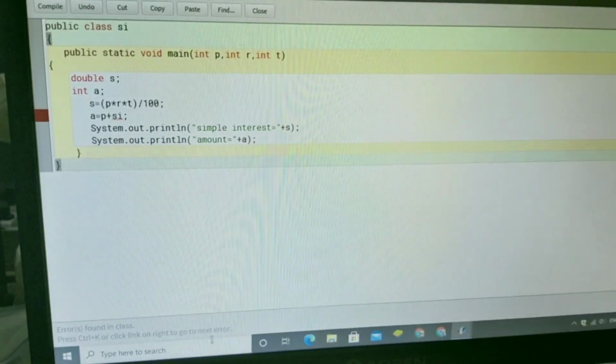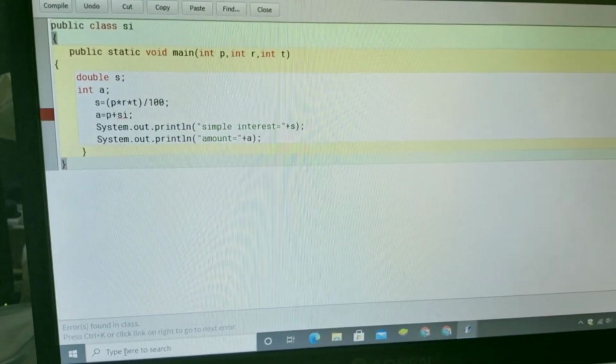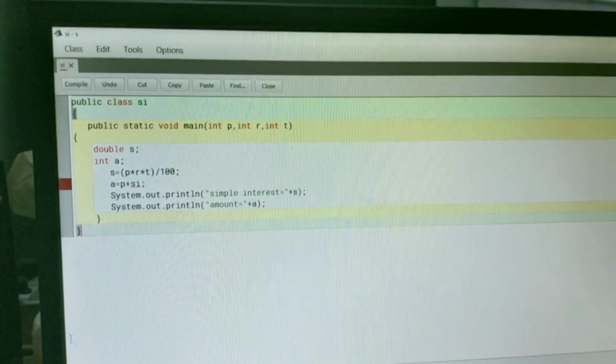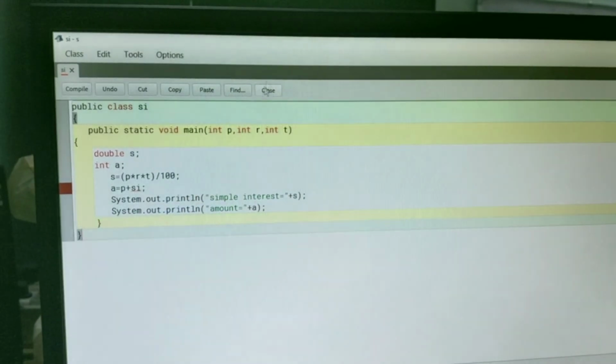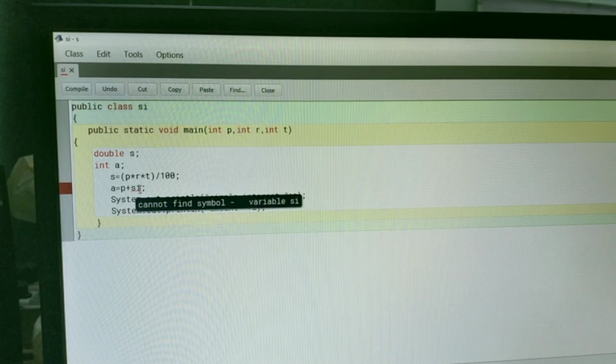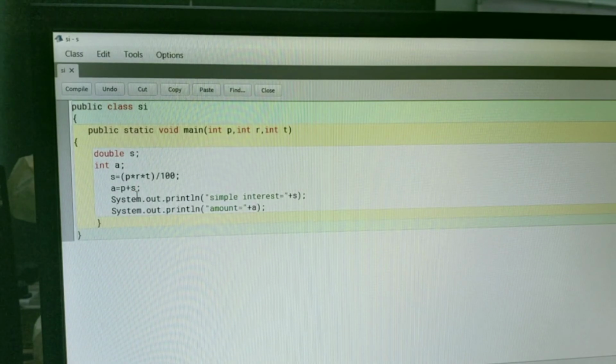Control K or click right here, because the error is found in SI. We have taken S for simple interest, so this variable should be S. Here we are storing the output in the S variable, but here we have written SI, that's why it is showing an error. Then we write S, and it is correct now.